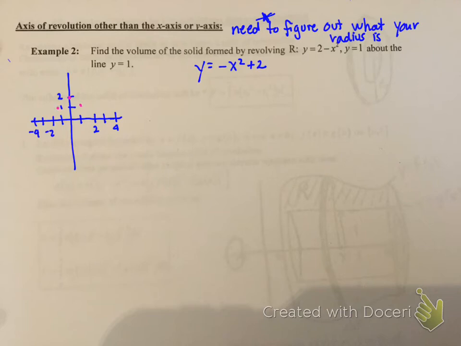And we also need to draw in the axis of revolution. So here's my parabola. Let me put that in there. And here's the axis of revolution, which is y equals 1. Okay, so one side of the form is this. Okay, so before I continue, because remember I have to do the ghost, I can tell right now that the way I have this drawn,